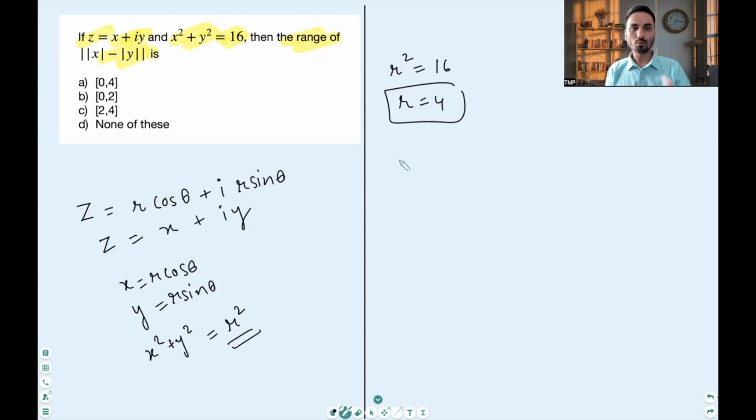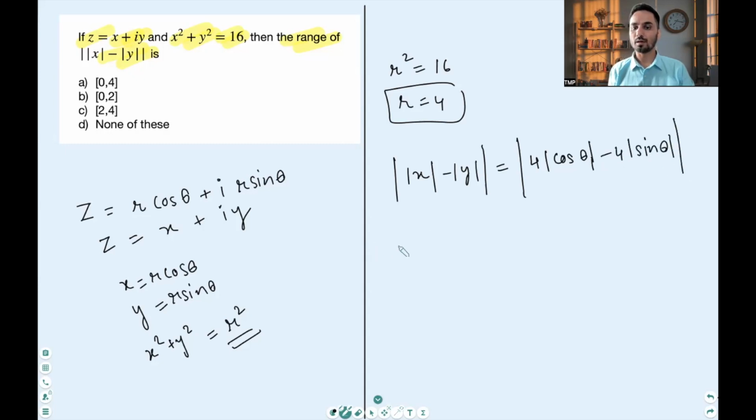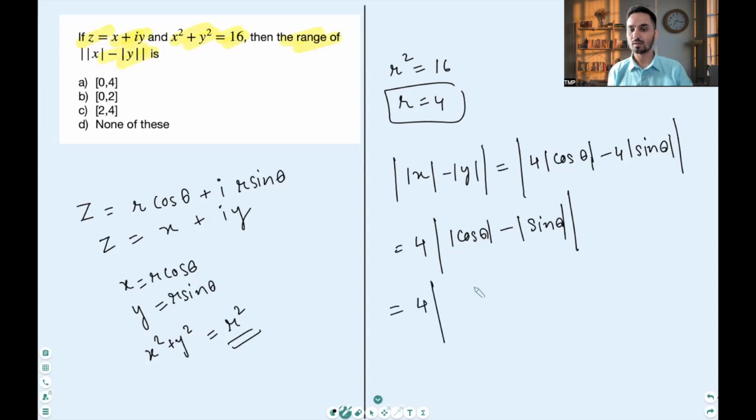right? Now, we want to find the range of modulus x minus modulus y, which will be equal to modulus 4 times modulus cos theta minus 4 times modulus sine theta, and we can take out 4, so we are left with 4 times modulus cos theta minus modulus sine theta, which can further be written as 4 times square root of modulus cos theta minus modulus sine theta